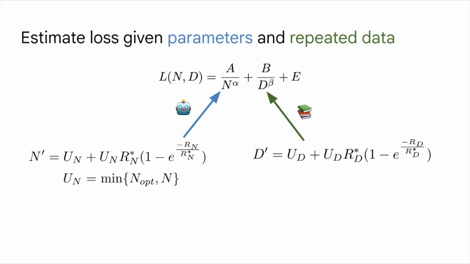And since this formula is just an extension of Chinchilla, it behaves the same way if we set R_D star to infinity, so we say that repeated data does not decay in value, and we also set R_N star to infinity and say excess parameters do not decay in value, then it becomes exactly the same as Chinchilla. Okay. So it's just an extension of Chinchilla that works the same way as Chinchilla for non-repeated data, but then we have the option to make it work for the repeated regime and decay the value of repeated data.